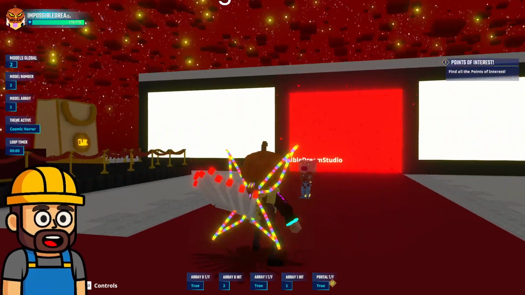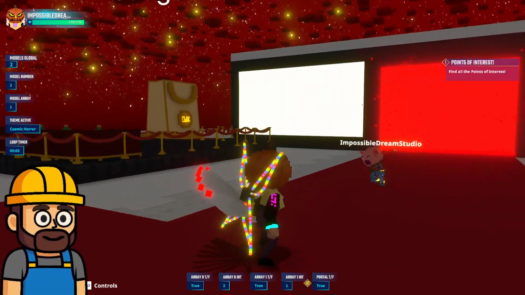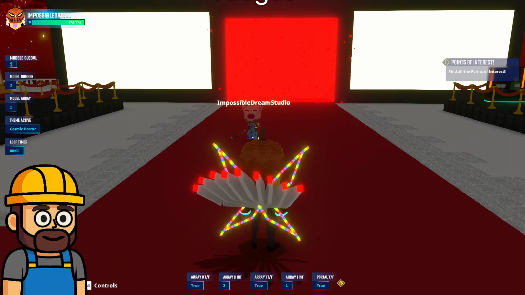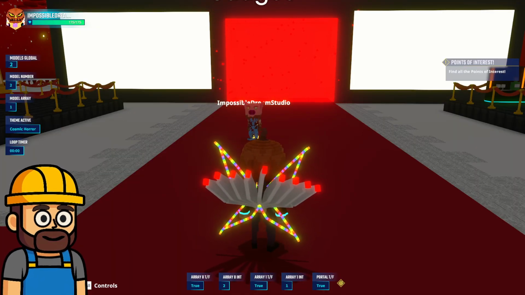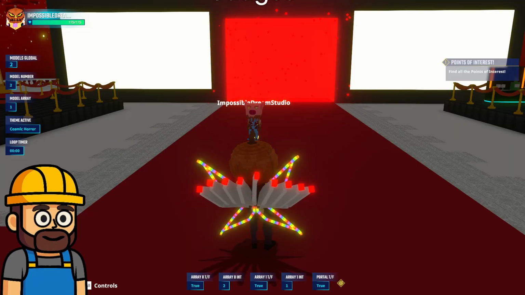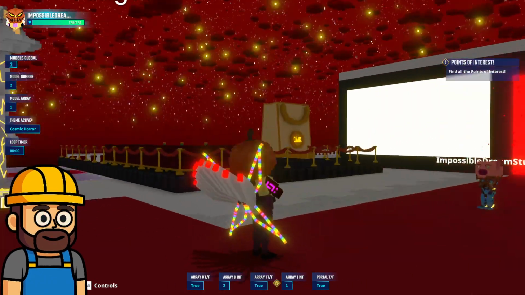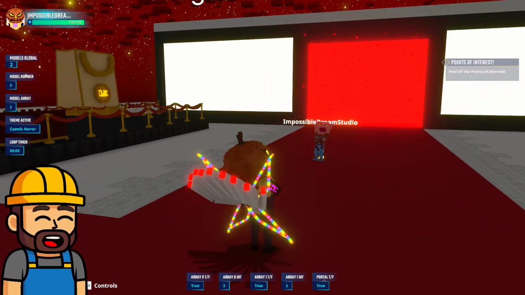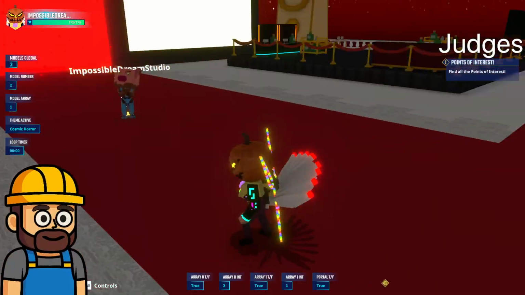So that's building the array for us. And then after the fashion show part happens, the array gets wiped clean, instead of when people leave the map. So it's just going to be something that happens after every fashion show.